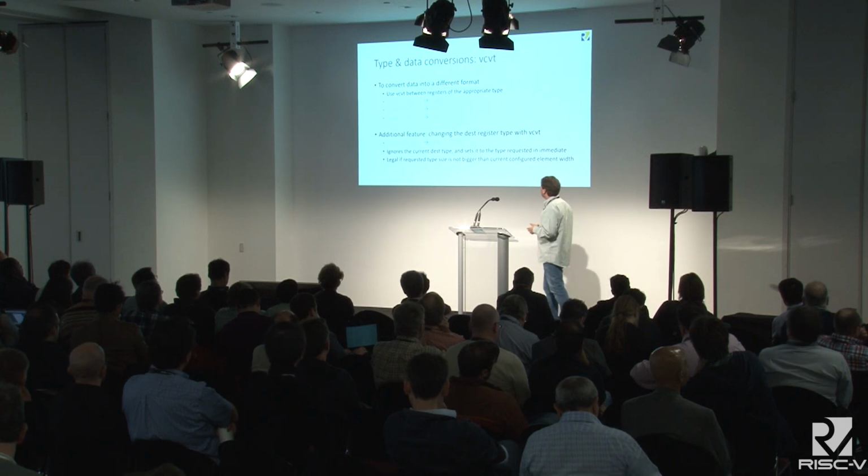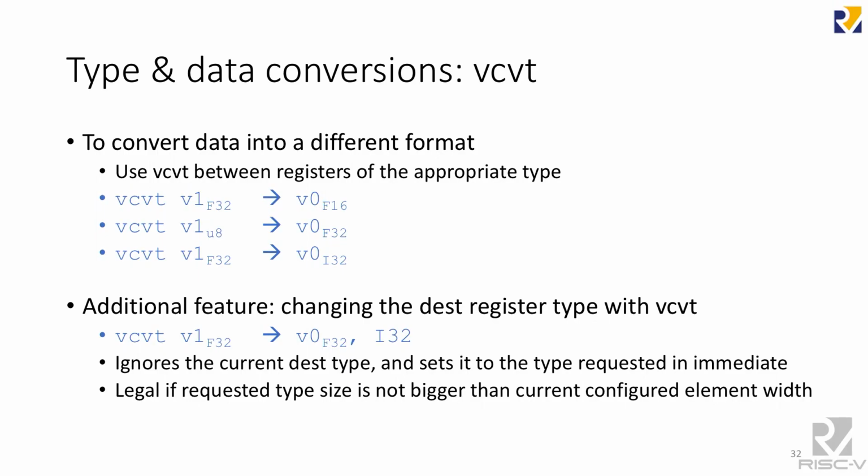Let's start with convert. We've gotten rid of a lot of opcodes that you can see in the baseline ISA by saying we're going to have a single convert instruction that takes one vector register and looks at its source type. I'm using these sub-indices to say, imagine V1 was an F32. If you convert V1 from an F32 type register to V0, which happens to have type F16, what's going to happen? Well, what you'd expect. We're going to take the F32 values, down-convert them to F16, and stick them into V0. That's the point of the instruction, right? So the expected